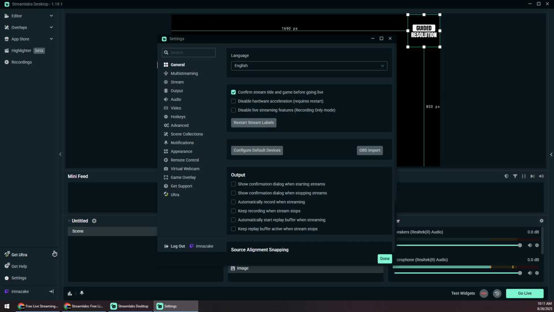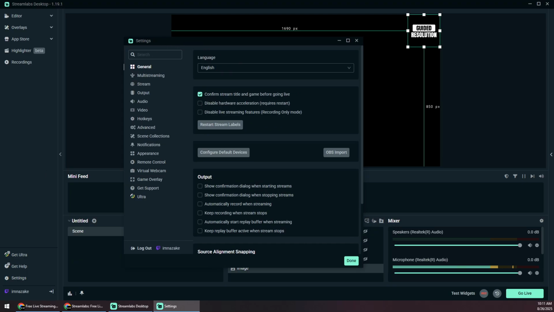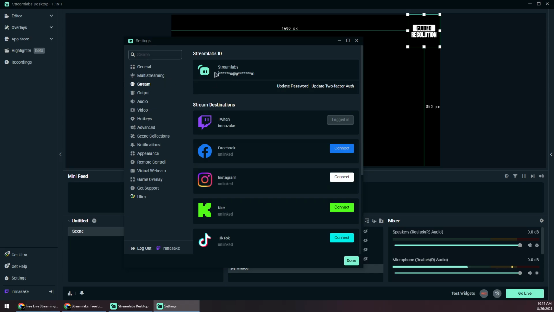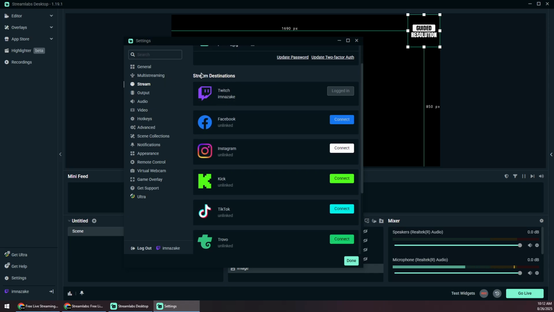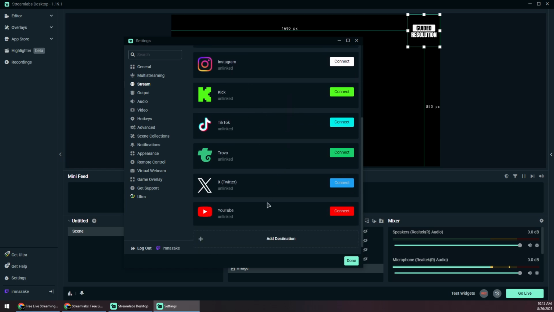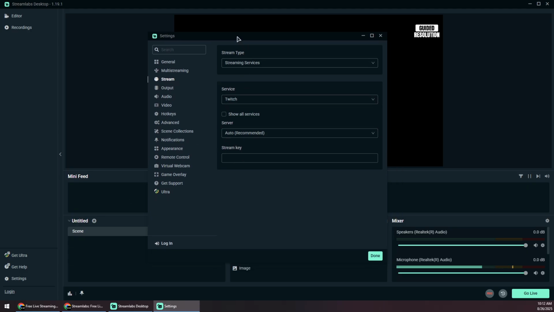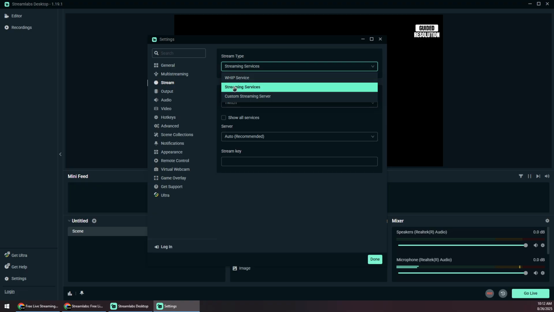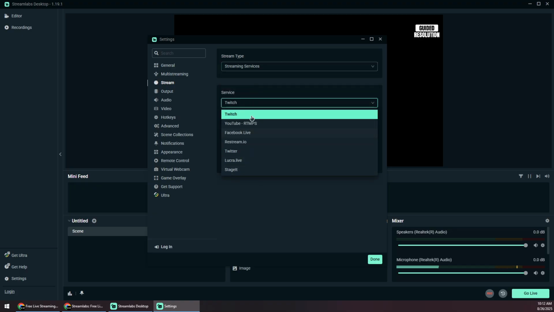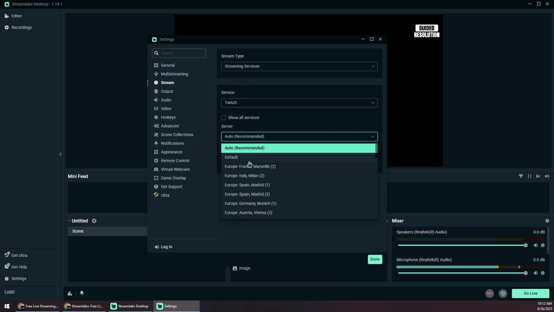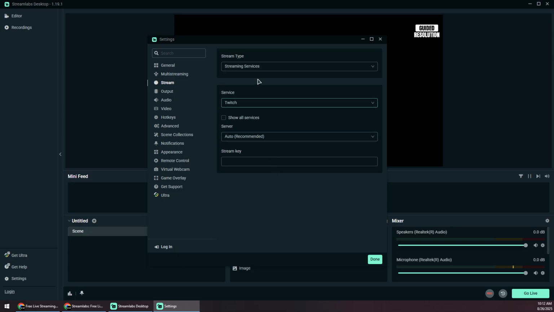Now let's get to setting up the streaming or live settings. So you want to click on the settings button right here, and then you want to go to the stream tab and basically select the stream destination or the platform where you want to go live. So in this case, Twitch. You want to click on the connect button right here. So I have unlinked my Twitch account to show you how to do it. First, you want to select streaming services, and then you want to select the service, in this case Twitch, and then server set to auto recommend. And then you want to basically get the stream key and paste it here,